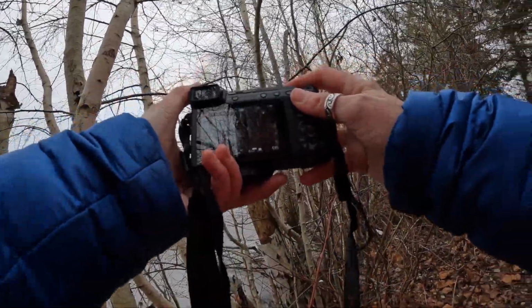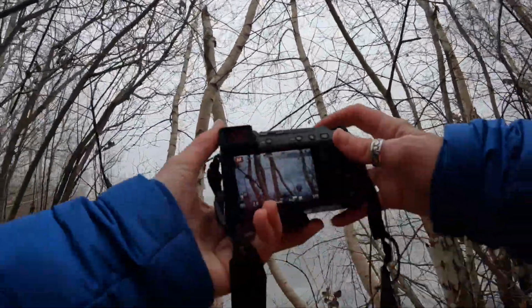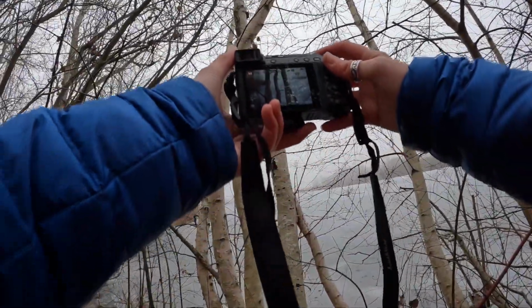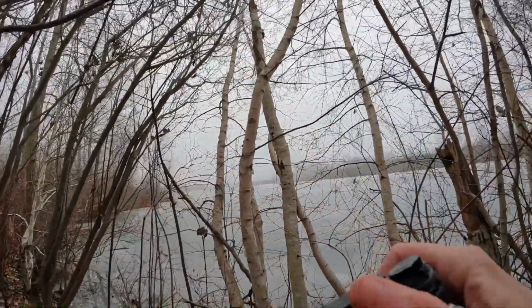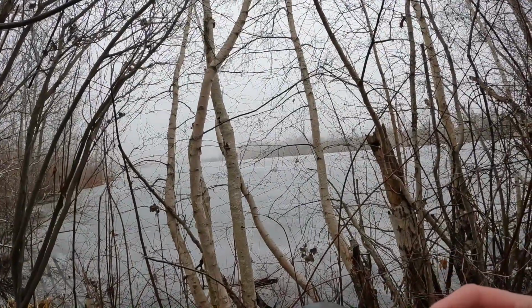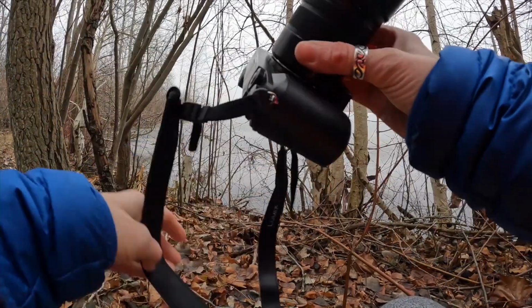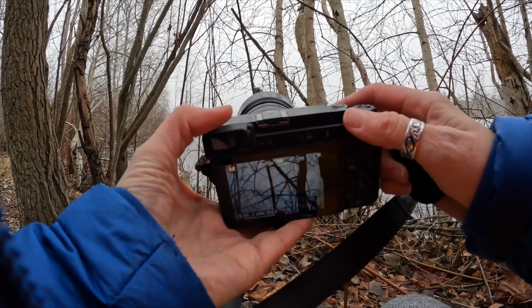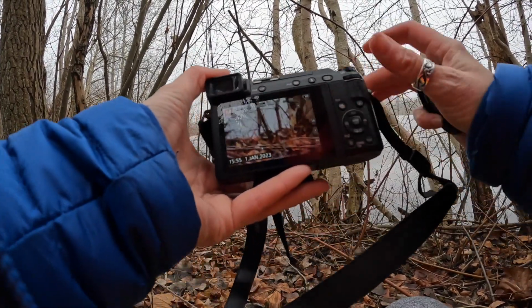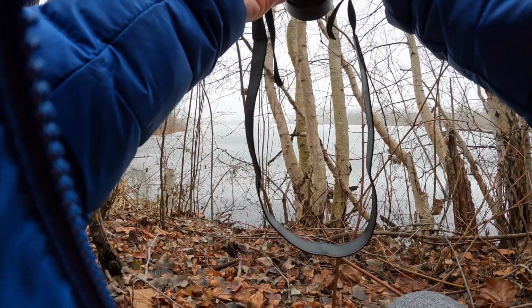The lighting is not great in this direction. There's so many birch trees along here. Not quite finding something, so I think I might change lenses. The 45 to 150, sorry. And we're gonna try this again. That's much better even at 45. So let's find a nice,